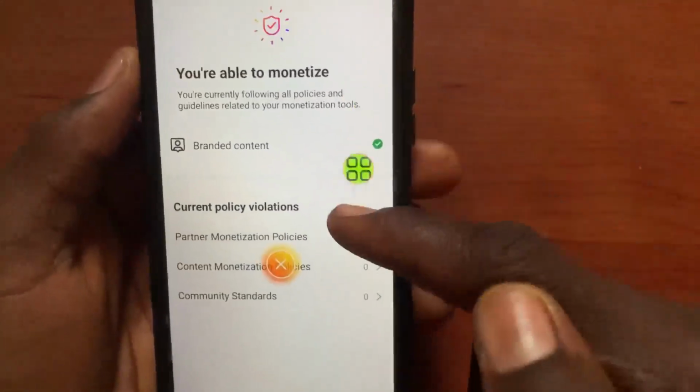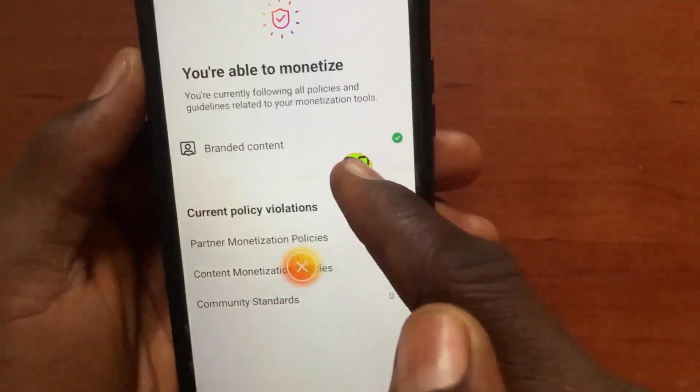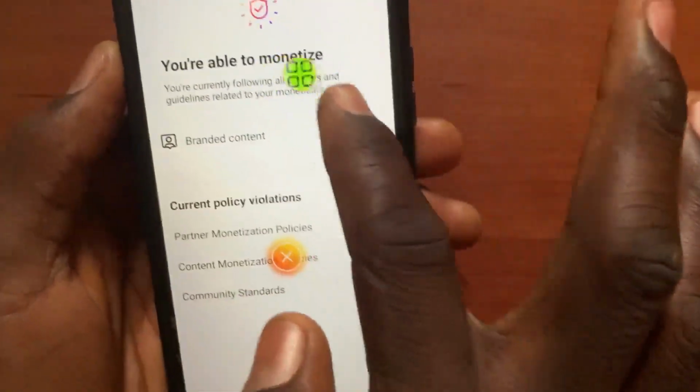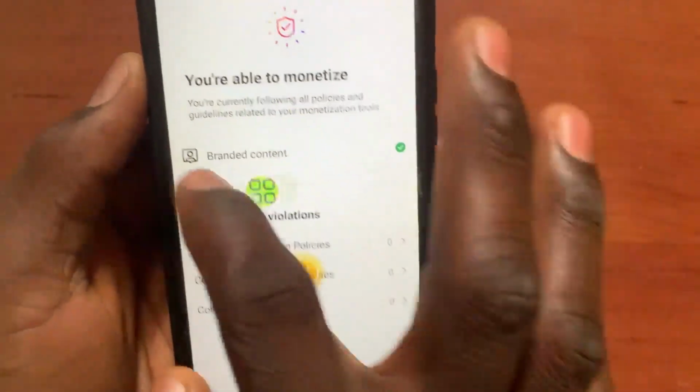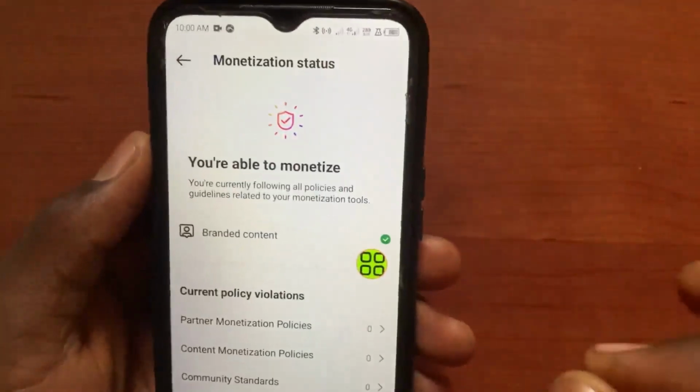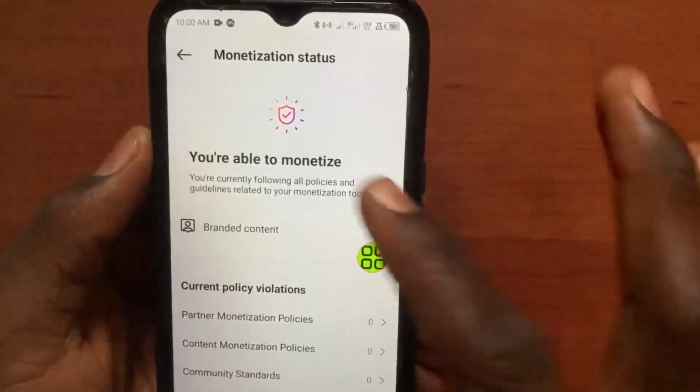So here you can see if your account is eligible for monetization. So as you can see now, you are able to monetize. Now my account is enabled, is allowed to monetize. If you want to see your balance and add your payment method, all you have to do, tap on this